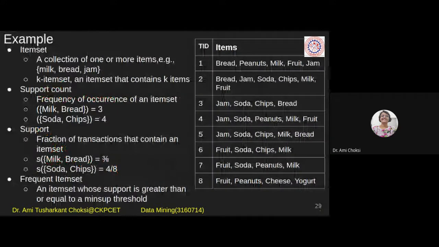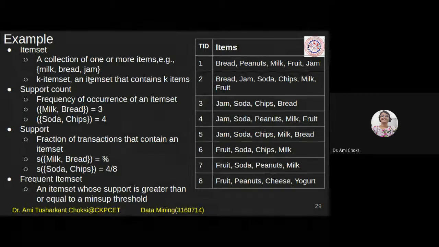Now let us consider this example. Here the transaction IDs are given, in the right hand side table, and the items for that particular transaction. This way it will be given to you. Minimum support and minimum confidence will be given to you. Then we need to find the associations, rules, and their acceptability, whether they are accepted or not. So let us start and find the support first of all.